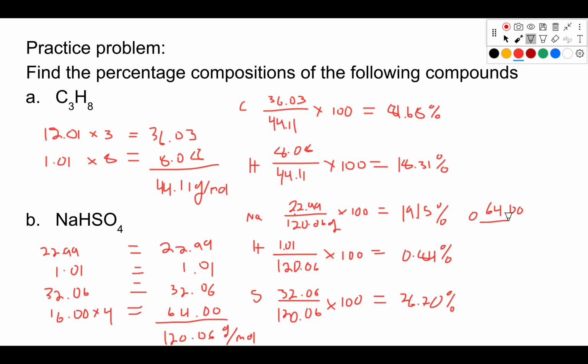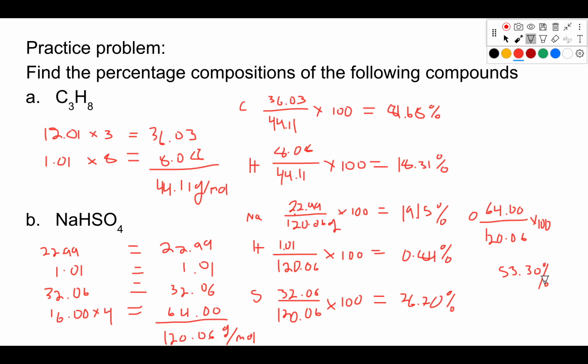And we're going to divide it by 120 and then multiply it by 100. And this is approximately 53.30%